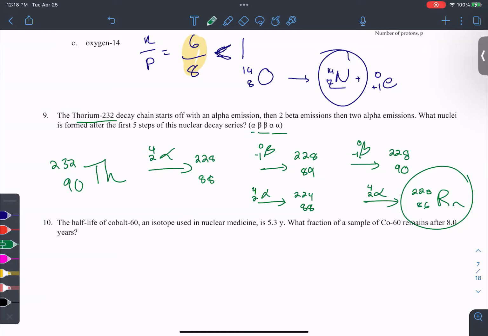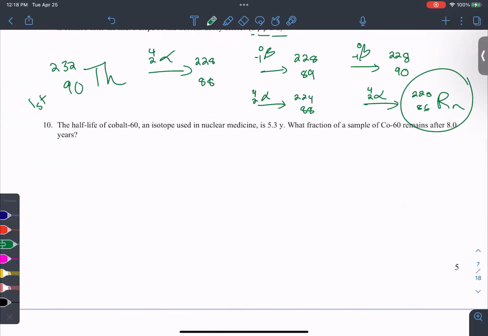But the nice thing about nuclear decay, it always follows what kind of order? First. So all the equations for first order reactions, you're given those, right? So the first order integrated rate law is natural log of concentration at some time equals natural log of your initial minus kt, right? But k refers to rate constant, and so we talked a lot about rate constants in chapter 14,